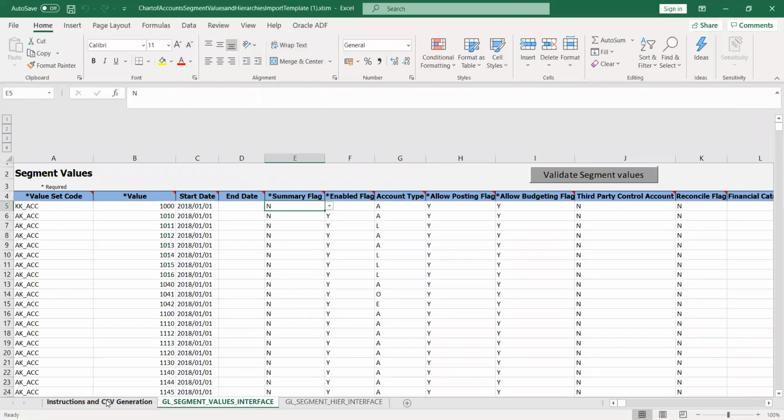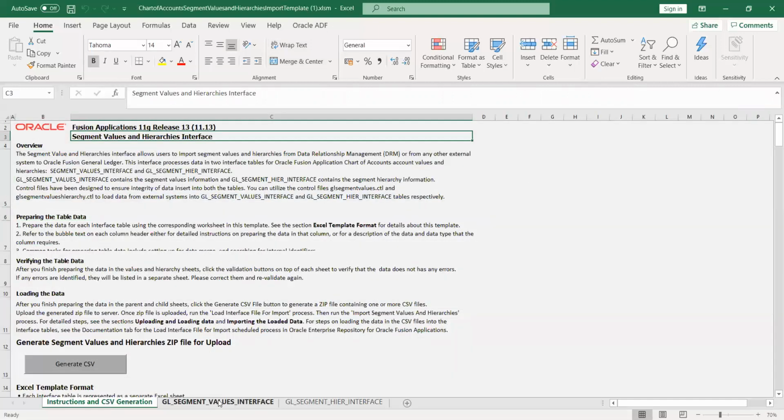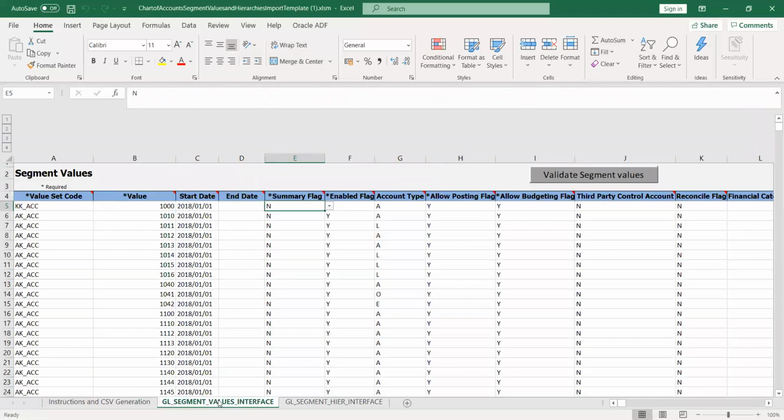Okay, so this is about the introduction part, and in the next tab we can see the values to be loaded. If you see here, we have the value set code that we created, that is AKK account segment. So let me update for all.